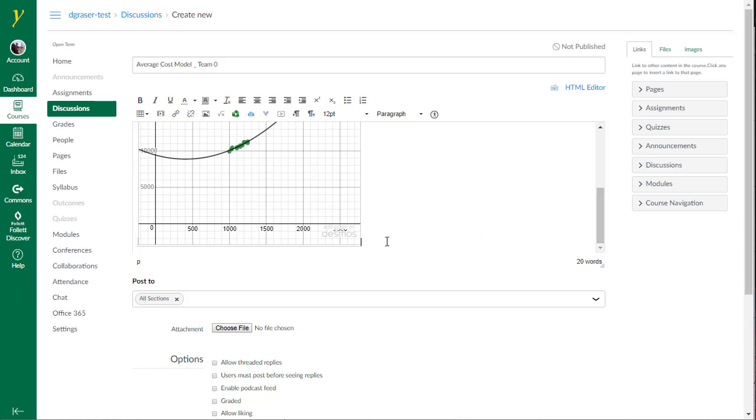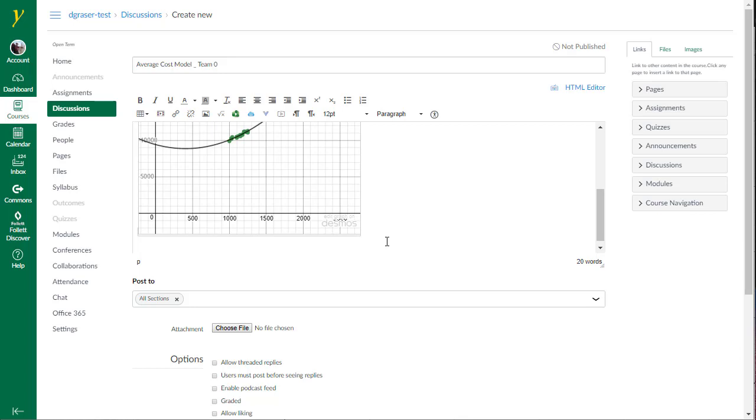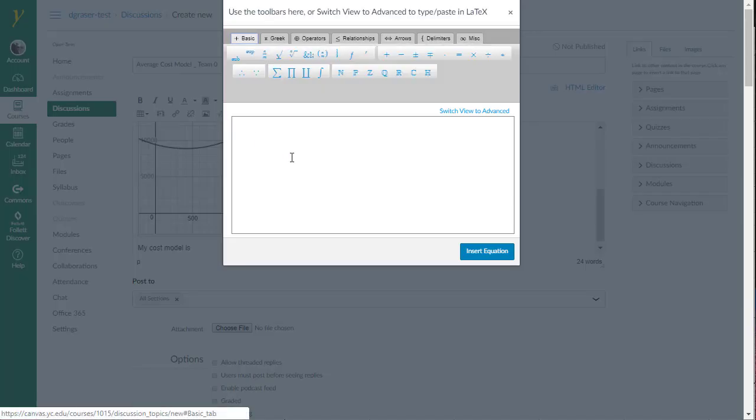Now I need to go down and put in the information about my parabola here. So you'll need some words, something like my cost model is, and then put in your equation. So this is where it's going to come in real handy to use the equation editor here. So I'm going to click on the button that has the little square root there. And now I'm going to go ahead and type in the equation. So it's y equals, now we did ax squared plus bx plus c, but we have a value for a, so I'm going to go ahead and type that in here. So mine is